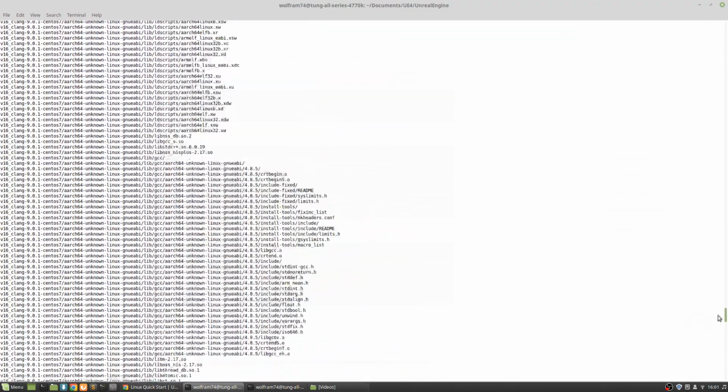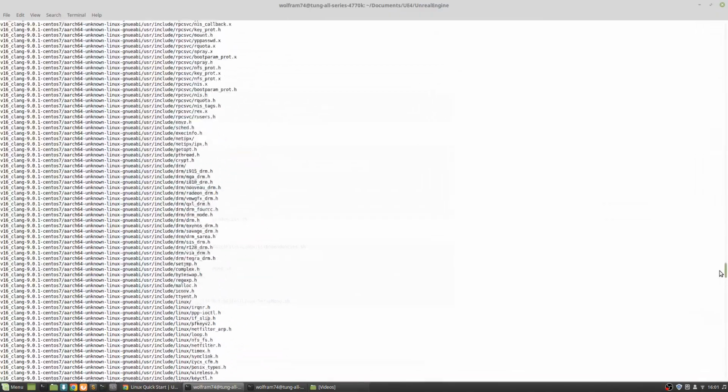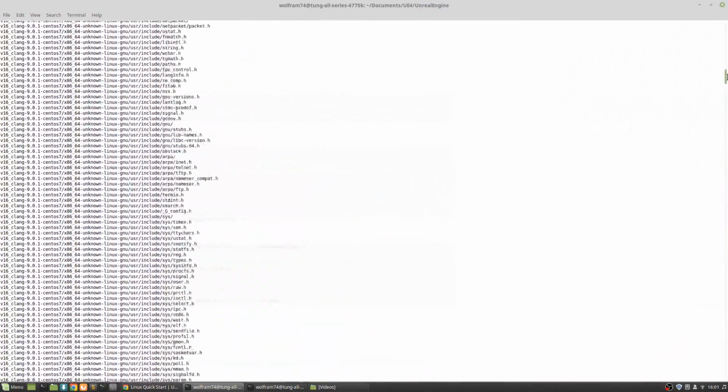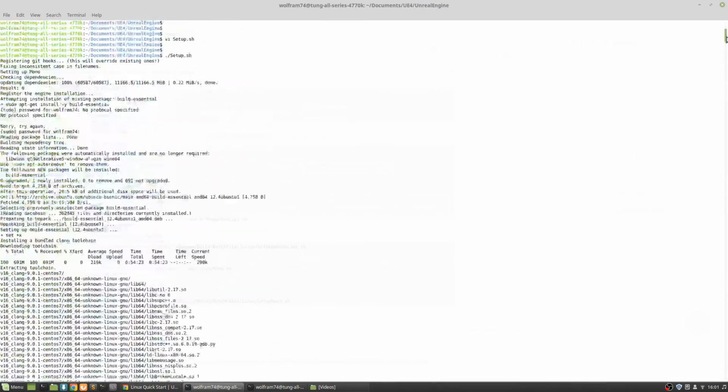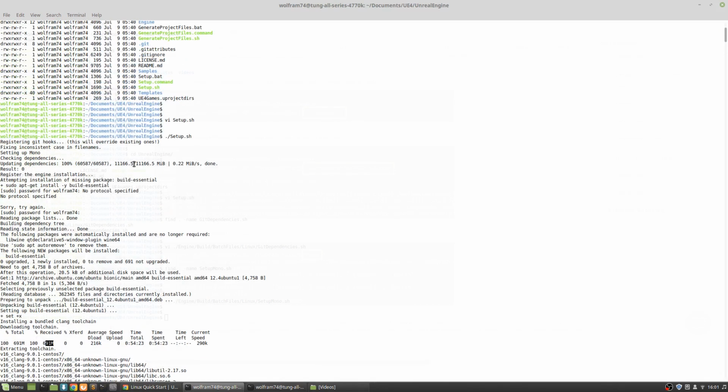You can see it installed a whole bunch of files for the Clang application, a lot of files, but it's just dumping the output, so it's kind of expected. It was about 600 megs in total, and before that, it also downloaded another about 11,000 megs, which is a lot more.